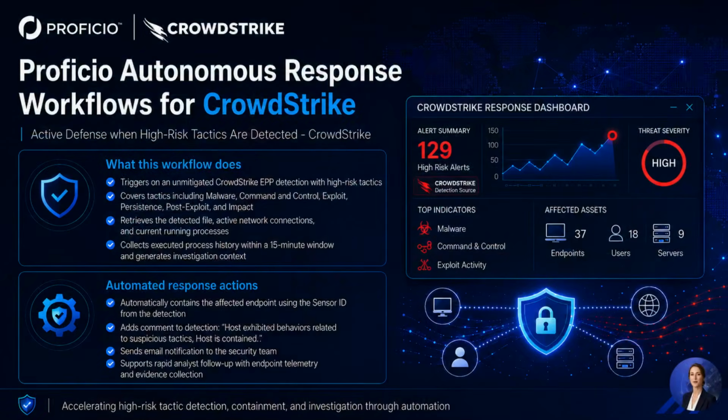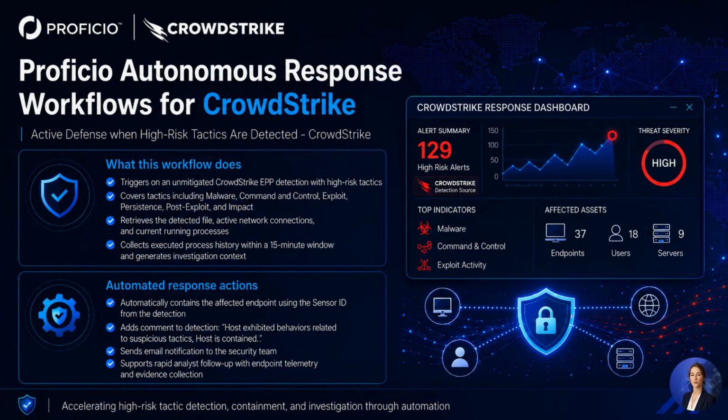This video demonstrates the complete response workflow from threat detection through automated containment and investigation, helping reduce analyst response time while preventing further compromise. The workflow is designed to respond automatically when CrowdStrike EPP detections are generated for tactics such as malware execution, command and control activity, exploitation, persistence, post-exploitation techniques, or other suspicious behaviors that have not yet been mitigated. As you can see on the screen, these alerts were triggered because a user attempted to execute PowerShell commands